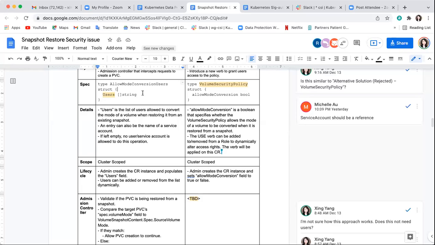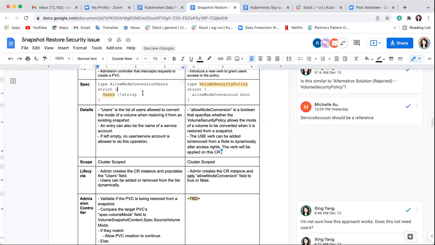It knows who is creating the PVC. So the idea is that the admission webhook would veto the creation request if it tried to change the mode and you weren't allowed to do so. It would just say you can't even create it, and the PVC would never land.